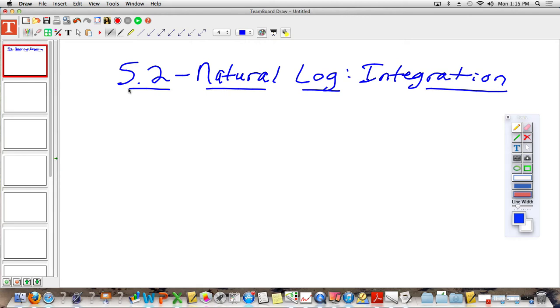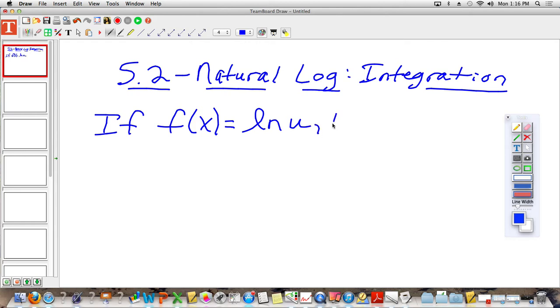So what we're going to do one of these days, maybe not tomorrow, but maybe on Wednesday, is work on putting them together. One problem will be a derivative, another problem is going to be an integral, okay? So working back and forth. I think that's probably a good way to approach that, because then you are remembering rules from one to the other. All right, so if f of x is equal to the natural log of u,